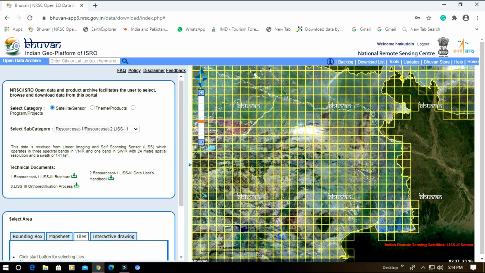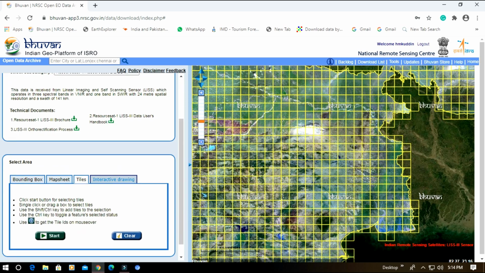Now if you want to select by interactive drawing, then start and draw a polygon of your selected area.